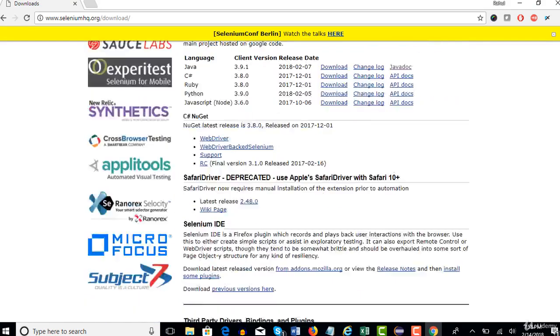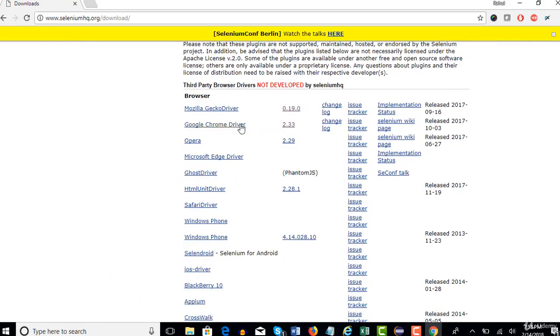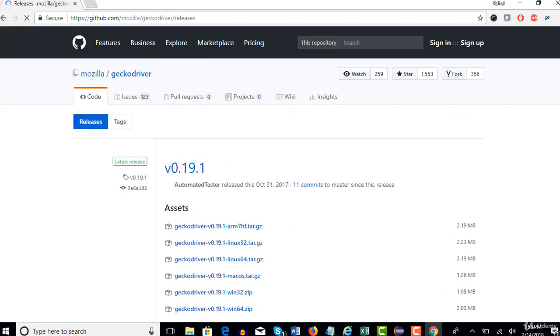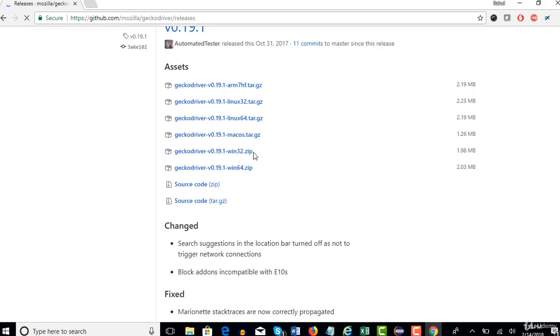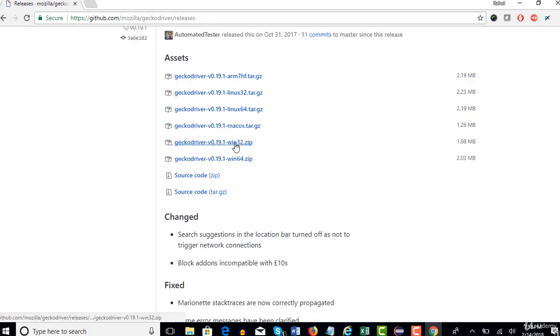Alright, so let me go to my browser and go to the third-party browser section, which is this. In the last lecture we downloaded Chrome driver, and in this lecture we are interested in Firefox, right? So this is the version. Select this and you will be navigated to their official page from where you can download. If you are having 32-bit Windows, you can download this. If your Windows is 64-bit, you can download this zip file, and if you are on a Mac machine, this is the file. Once you download, this will be again in zip format in your machine, just like how you got Chrome driver earlier.